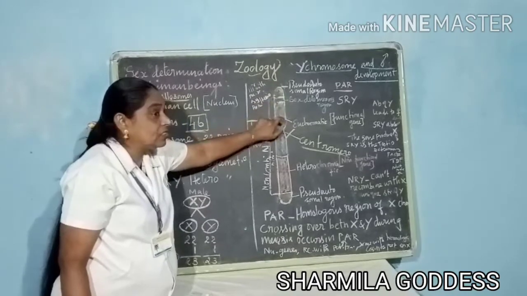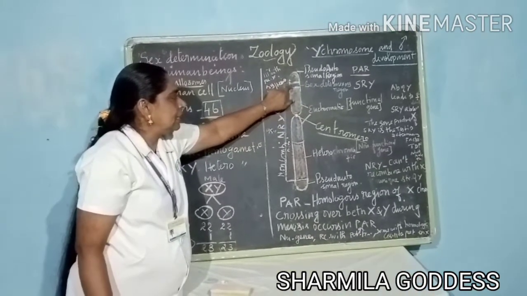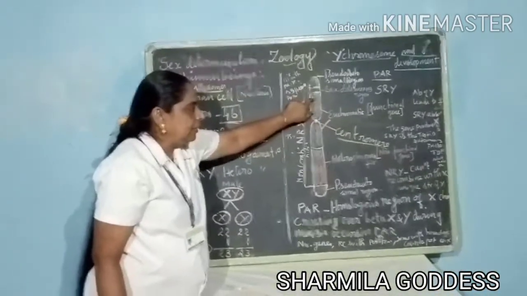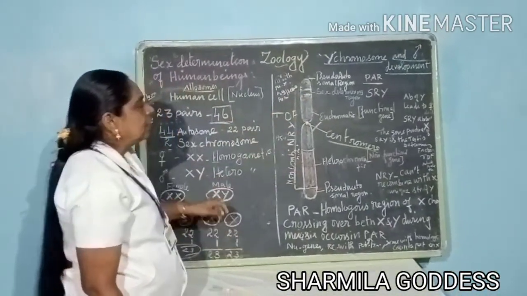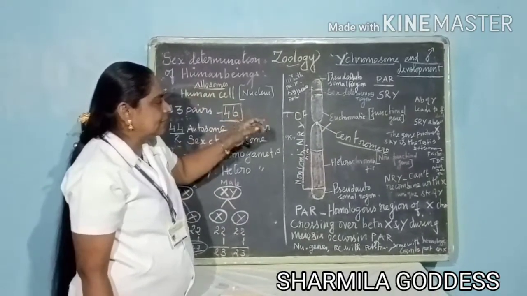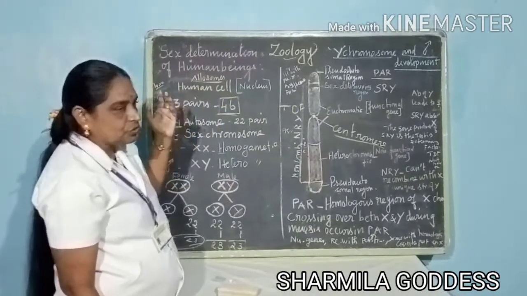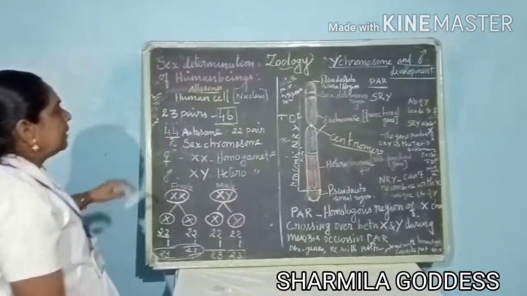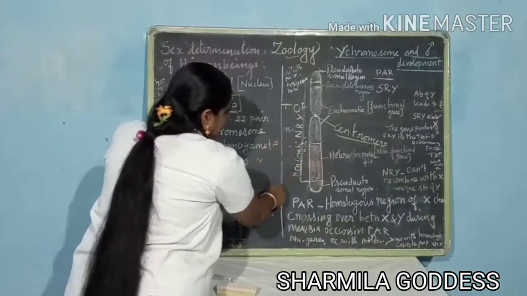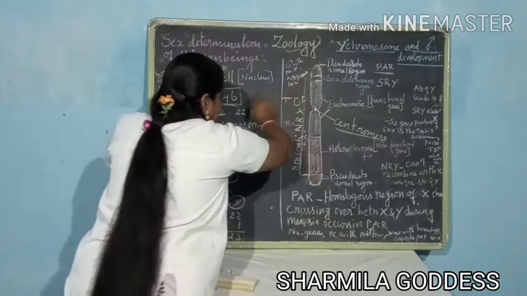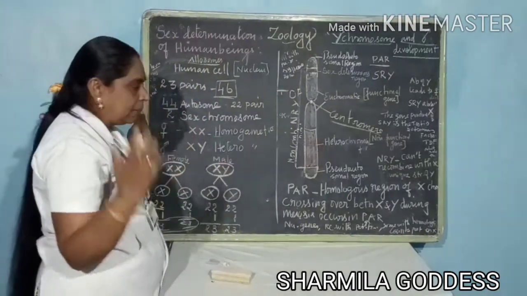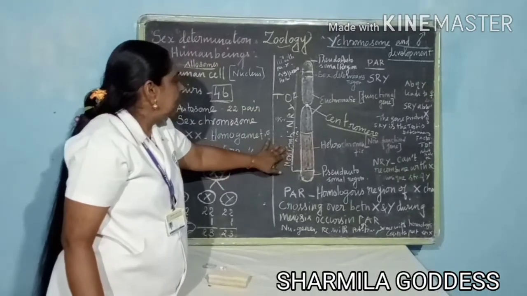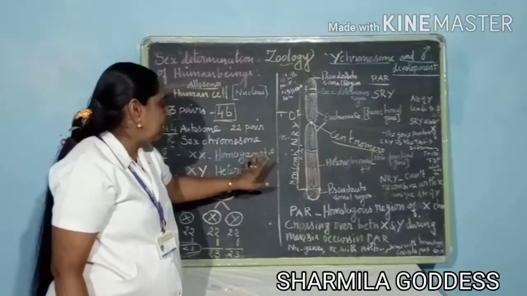Within the euchromatic, that is very important, there is a region called the sex determining region, called SRY. This SRY determines the sex. The absence of Y leads to female development. SRY is absent in the X. The gene product of the SRY is the testis determining factor, found in the adult male testis. Then the NRY can't recombine with the X, and it is a unique structure of Y.